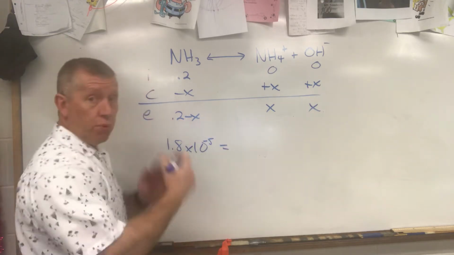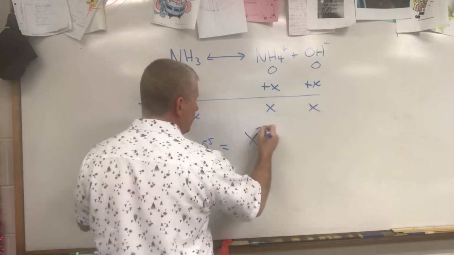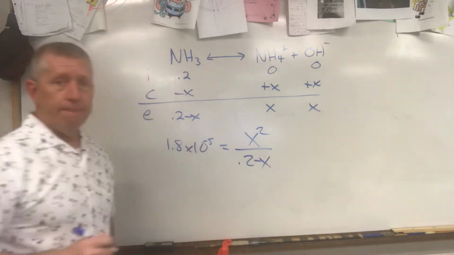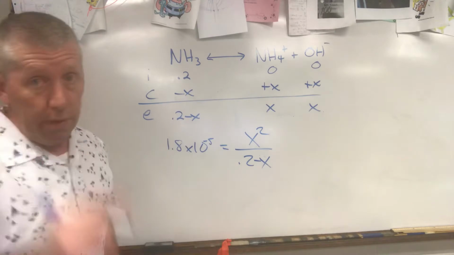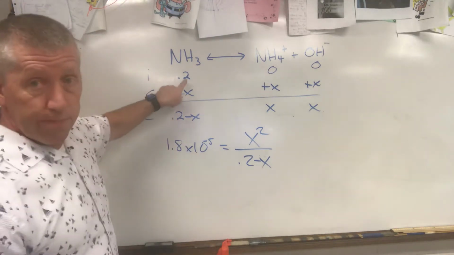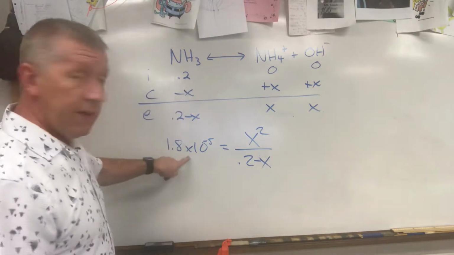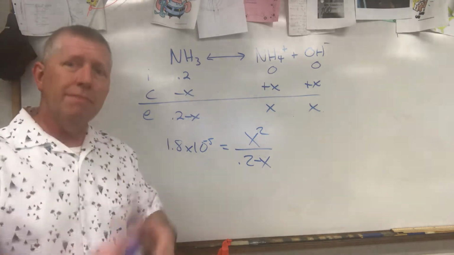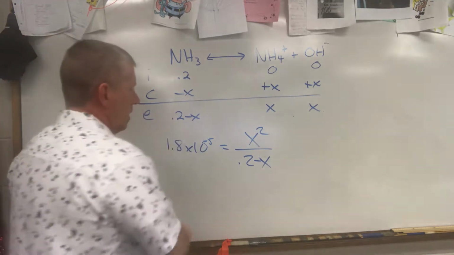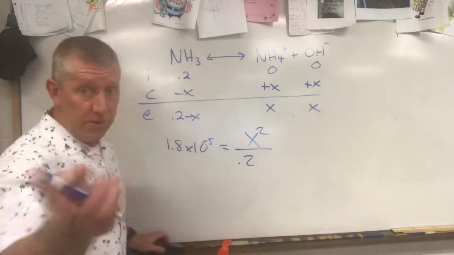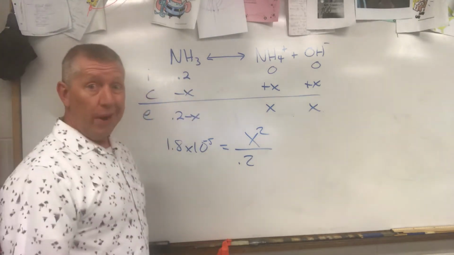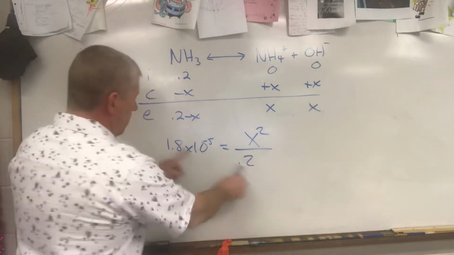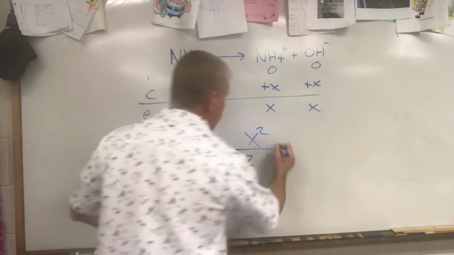All right, K is equal to products, X squared, over reactants, 0.2 minus X. That X is really small. Check the rule of 100. Remember, take your concentration, 0.2, divide it by the equilibrium constant, which is small. You're going to get a number bigger than 100. That X can go away. Okay? Makes the math a lot easier. No quadratic. So multiply those, take the square root. X comes out to be